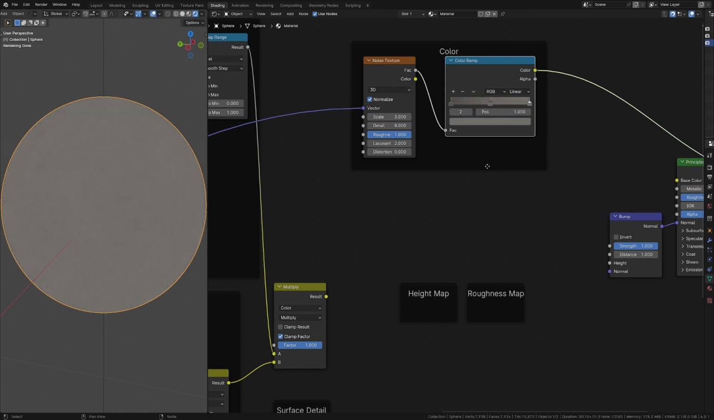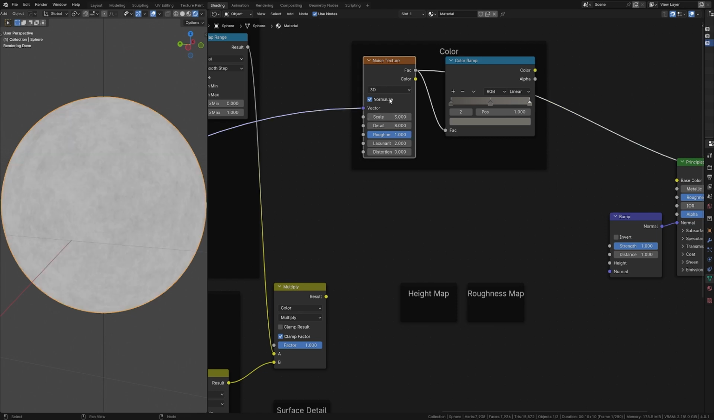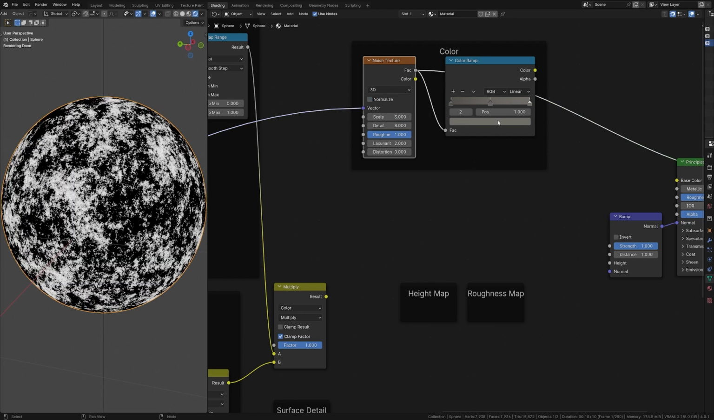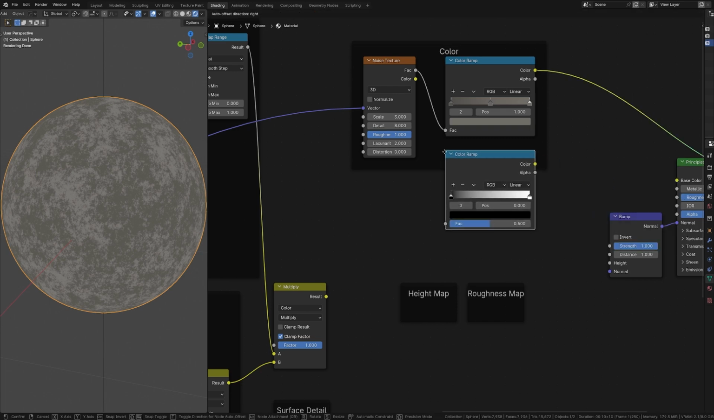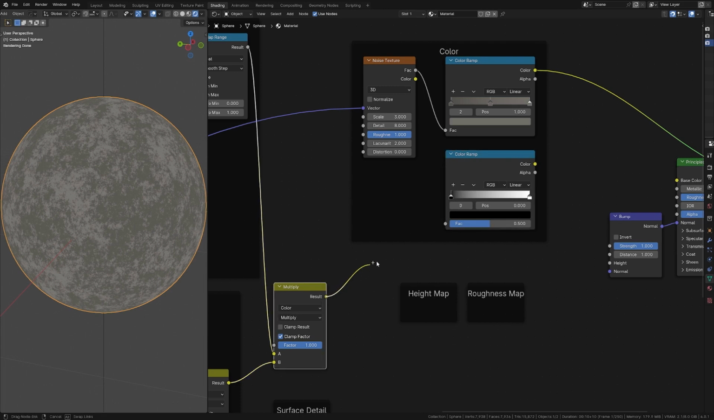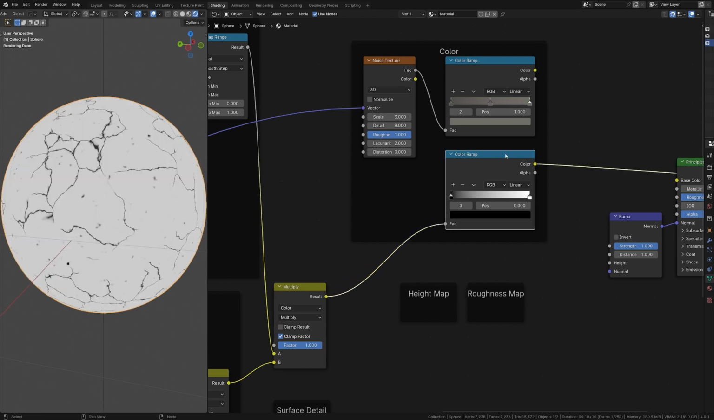What I'm going to do instead is uncheck normalize in the noise texture, which expands the output range and gives me the contrast I'm looking for. Speaking of contrast, I want to color the cracks and holes to add additional detail and make them stand out a little bit more. I'll use another color ramp for this with our crack and hole mask as the factor, and I'll use a reddish brown color to make it look like there's a bit of dirt and dust accumulation